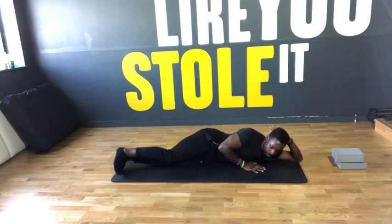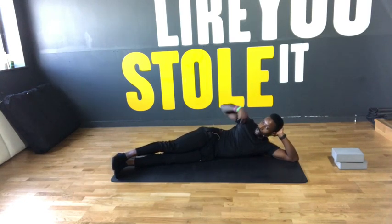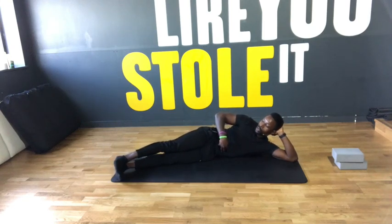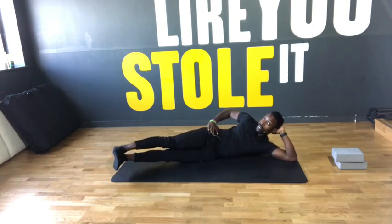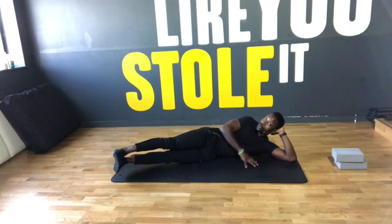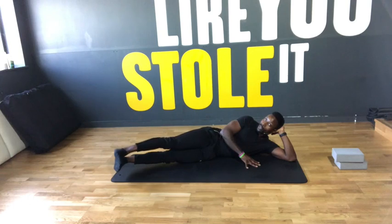So full side laying position, rest your head in your hands, shoulders and hips stacked, core engaged. We're taking both legs, nice and long, feet flexed off the ground. Side leg lift. So you can use your free hand for a little bit of support on the floor. You want your fingertips down, palms up. Side leg lift, top leg lift up, rotate out, and back down for 1,